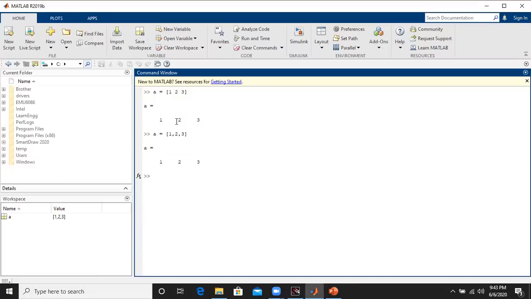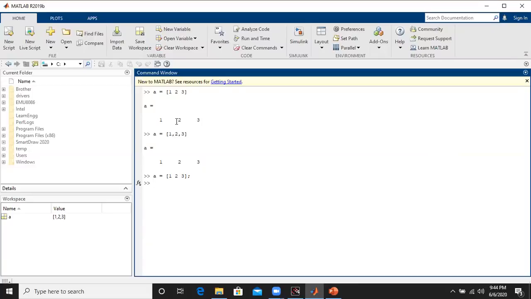So in order to enter a horizontal row vector or row matrix, we can either enter the elements keeping spaces between them, or separate those elements with commas. Now if I type the same vector once again, 1, then 2, then 3, I will end with a semicolon at the end of the row vector.